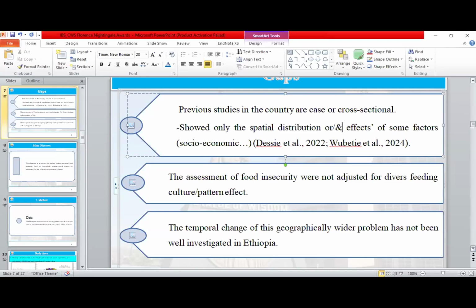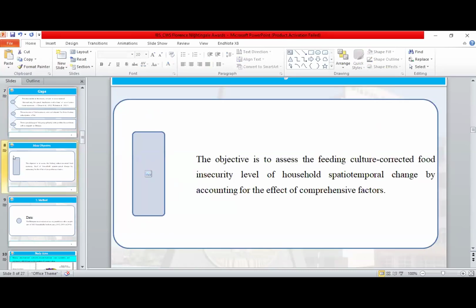Also, this temporal challenge of a geographically wider problem has not been well investigated in Ethiopia. Therefore, as an objective, we want to assess the feeding culture corrected food insecurity level of household spatiotemporal change by accounting for the effect of